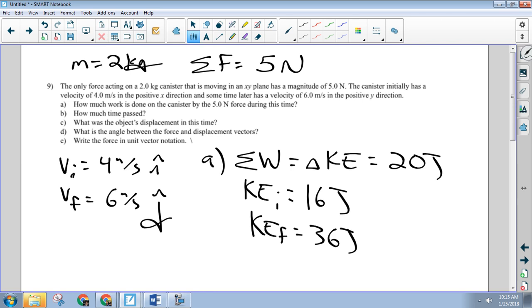All right. Now, part B, how much time passed? So I think now we got to dig into the kinematics equations, because those are the only equations that we've dealt with so far that have time in them, right? Okay? So,